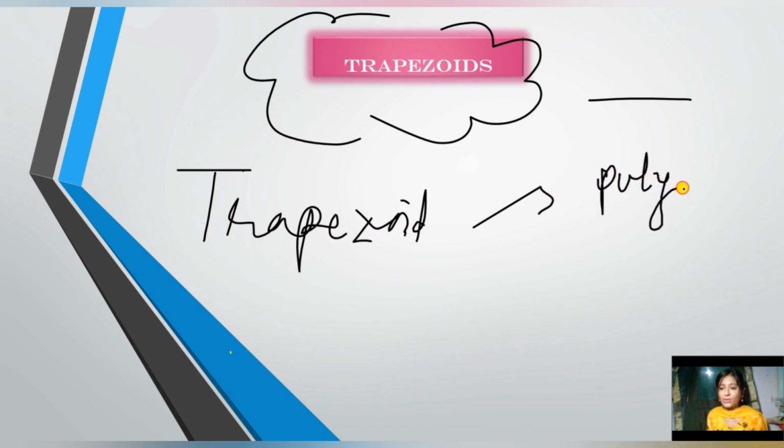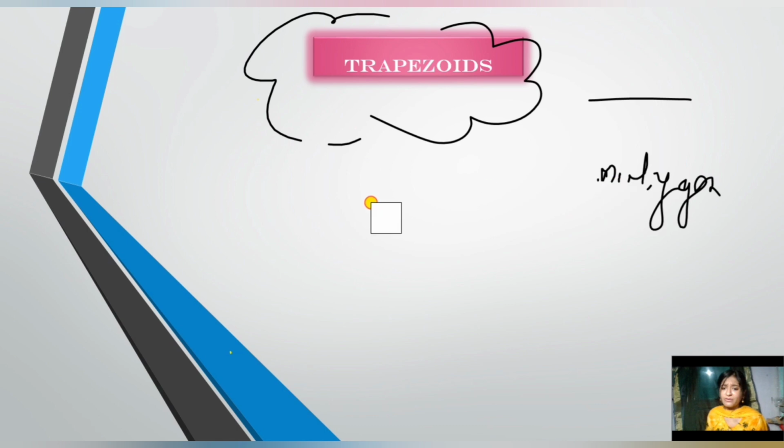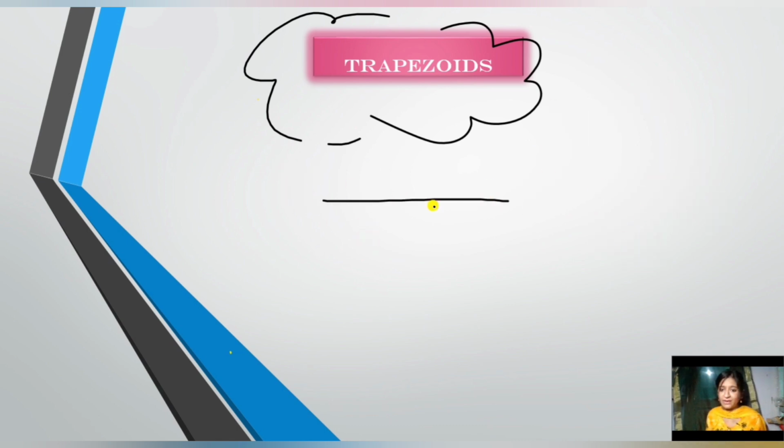Of course you know very well that every closed figure is a polygon and it must have straight sides, like 3 sides, 4 sides, 5 sides, and so on. Many sides we are having, and out of those the 4 sided polygons are called quadrilaterals, right? So we can easily say that trapezoid is also one of the quadrilaterals. It is a convex quadrilateral. Don't forget it. It's a very important point. Trapezoid is a convex quadrilateral.